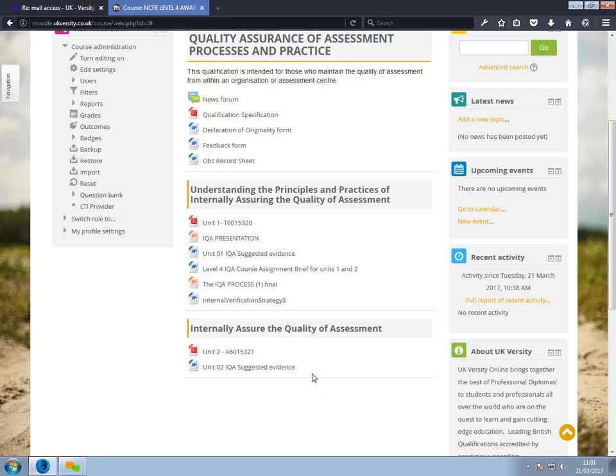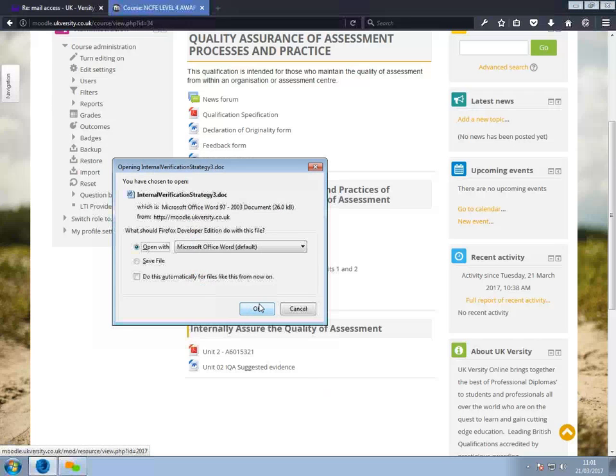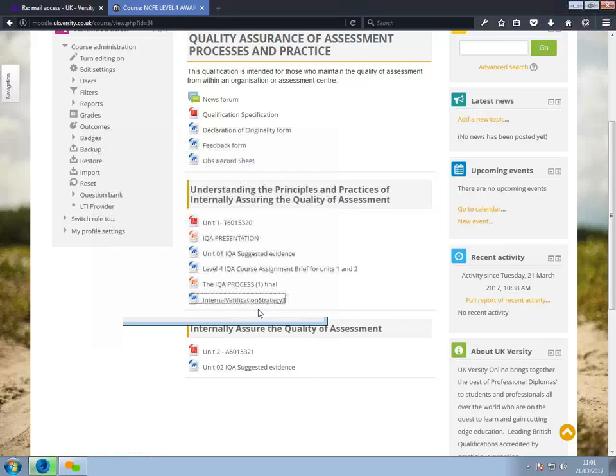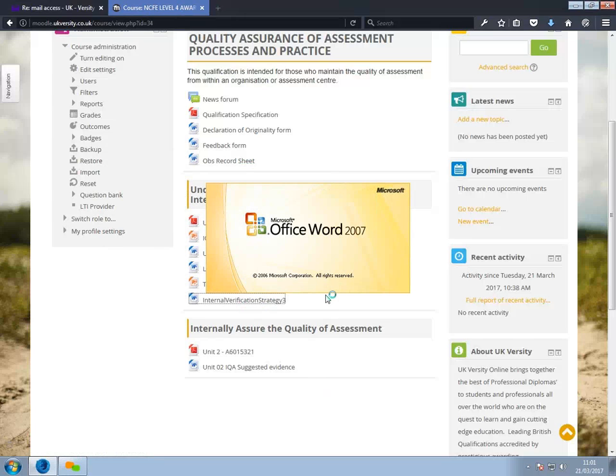Okay, right, well, one of the things I want to cover first is that in Unit 1, one of the documents that I wanted to put in on there was to give you a view of an internal verification strategy. I'll put one up here, which I put together, and then we'll carry on with the rest of that that we did last time. The written document,